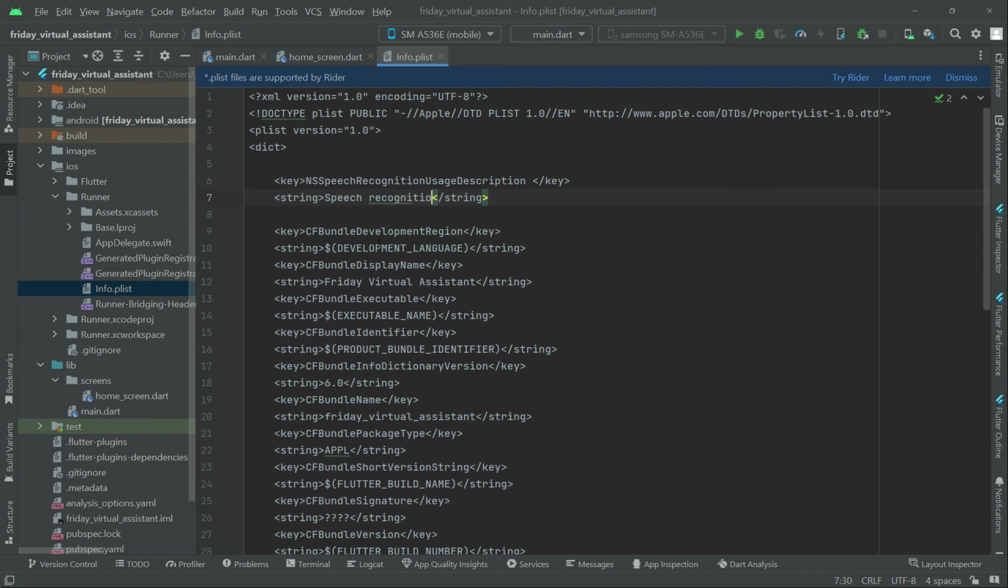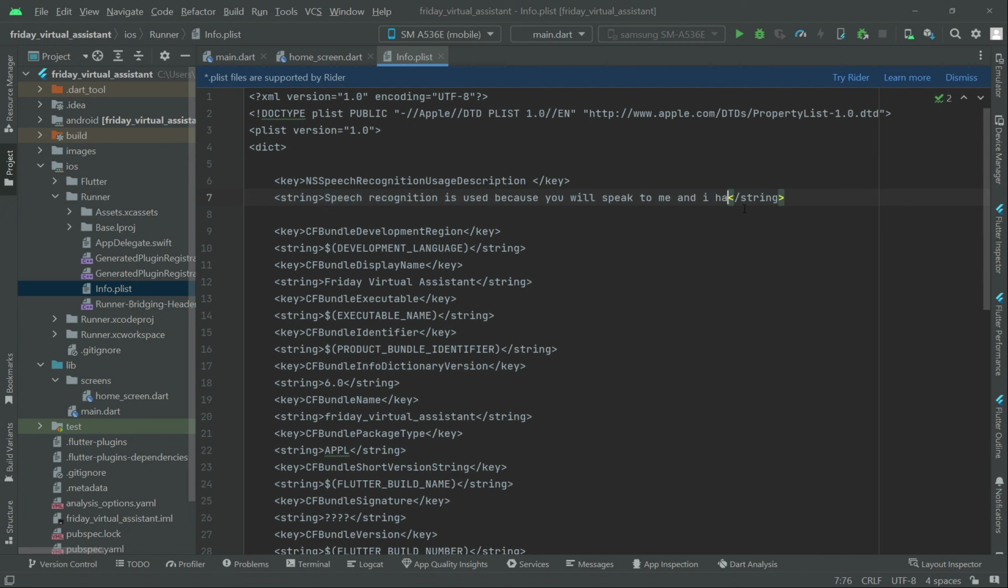So we can say that speech recognition is used because you will speak to me. Me simply means our virtual assistant, let's say her name is Friday. So Friday is telling the user that speech recognition is used because you will speak to me,